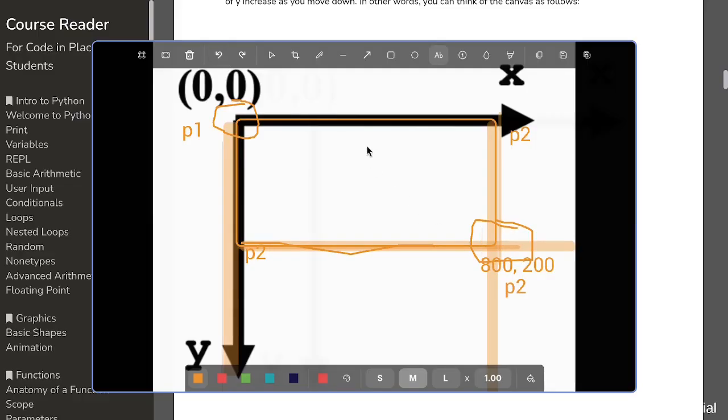Now the thing to notice is the point that we say point 1 and point 2 are actually nothing but coordinates. So point 1 is a coordinate and point 2 is a coordinate. Point 1 contains coordinate of 0, 0, which means x and y, x coordinate and y coordinate as 0, 0. And point 2 contains another coordinate that is 800 and 200, as x is 800 and y is 200. So I think that's it. We are able to create